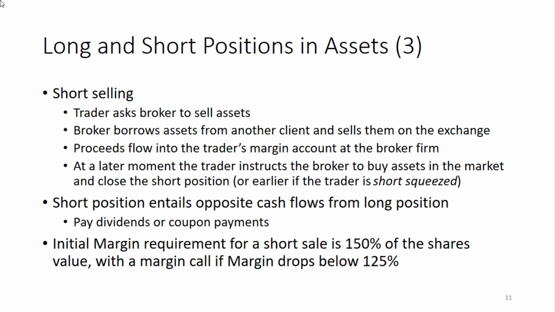Once you have shorted an asset, in case this asset is a stock, you would do exactly the opposite as seller of the asset compared to what you would do if you had bought the asset. So if you buy an asset and there is a dividend payment, then you receive that dividend payment. That's a cash inflow. If you have short sold the asset, then in case of a dividend payment, you need to provide the dividend to another party. And then this will flow from the margin account to the other party.